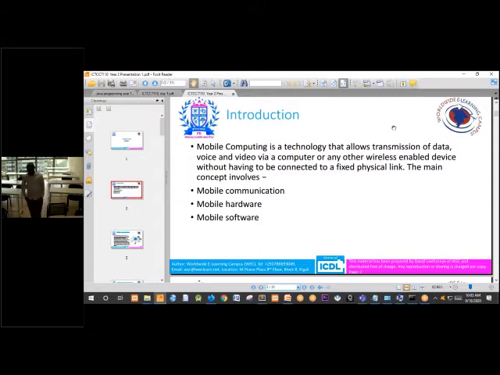So, what is mobile platforms? Mobile computing is a technology that allows transmission of data, voice, and video via computer or any other wireless enabled device without having to be connected to a fixed physical link.